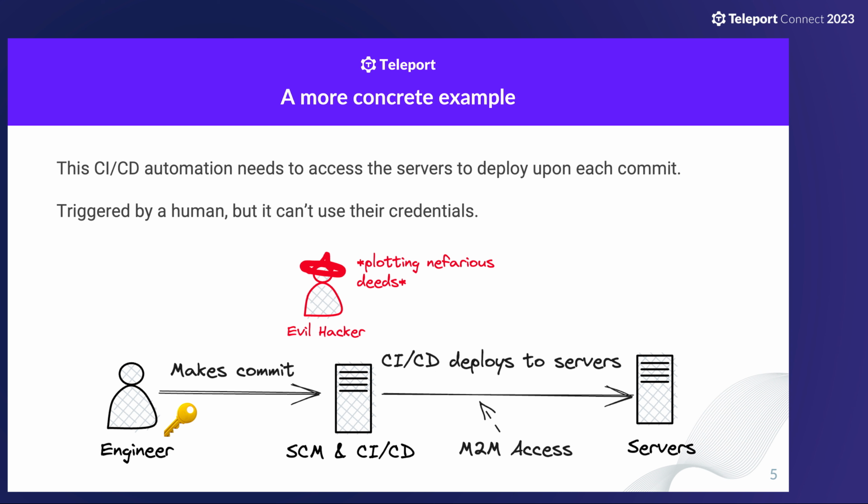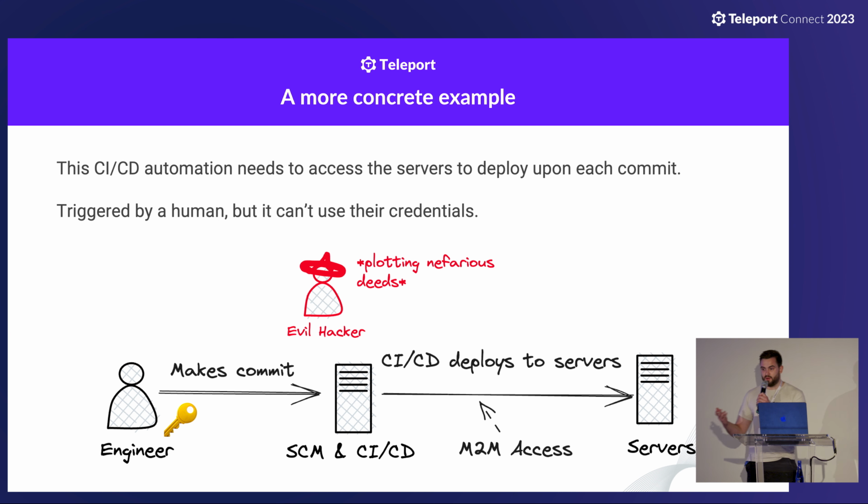To give a more concrete example, we can give the case of CI/CD. An engineer makes a commit and pushes it up to your source control software. That'll go off and trigger your CI/CD runner to go and do some actions. It may, as part of your CI/CD process, connect out to your fleet of servers and push up your latest Docker image or binary. That segment between your CI/CD runners and your servers is your machine-to-machine access, and we need some sort of credential to be used there. An engineer may have started the process, but an engineer is not sitting at your actual CI/CD server running each of the commands that is going to be run.